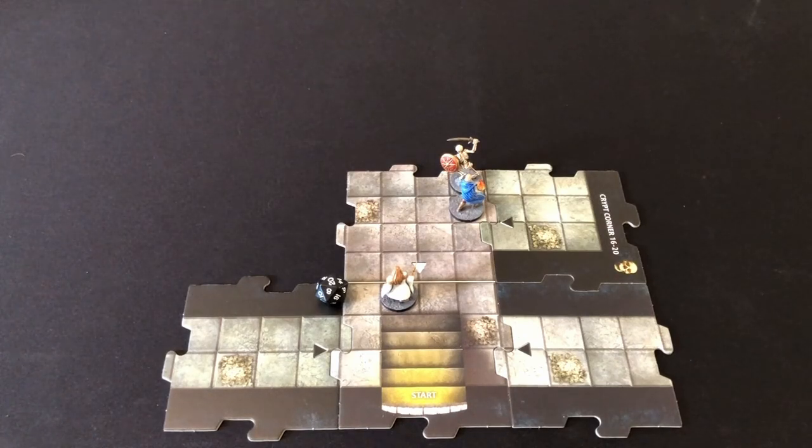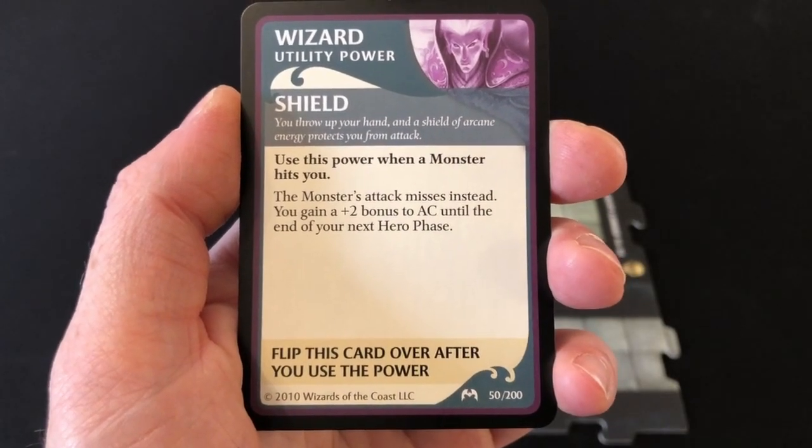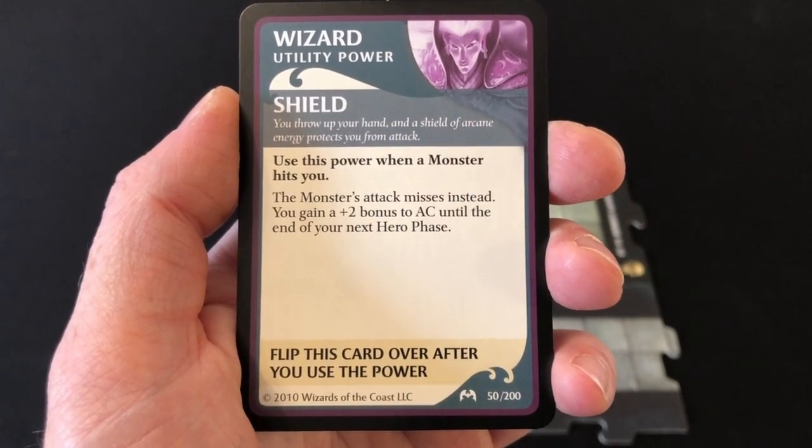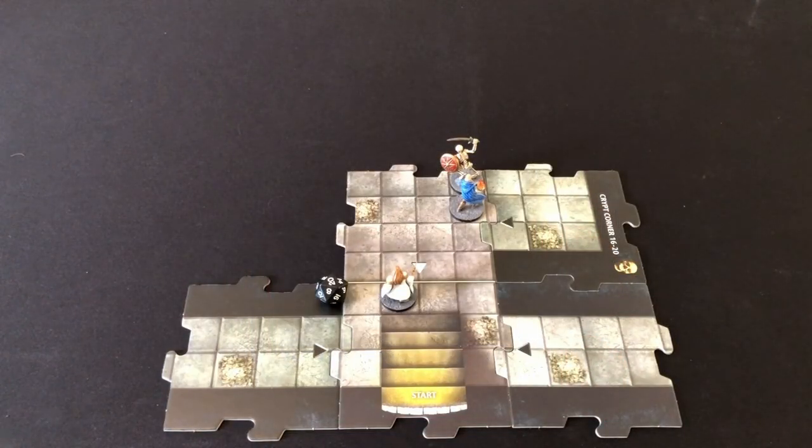Fortunately, natty 20s don't do anything for monsters, it's just a successful attack. Now we could immediately activate our shield ability, which would negate those 2 points of damage. And I think I will do that because the skeleton is going to activate a second time and could potentially inflict another point of damage. Immeril only has 6 hit points to start with, and I'm not sure I'm happy about taking that much damage that early on. So we are going to activate Shield. The monster's attack misses, instead you gain a +2 bonus to your armor class till the end of your next hero phase. So that first attack becomes a miss, which means we don't take any damage,